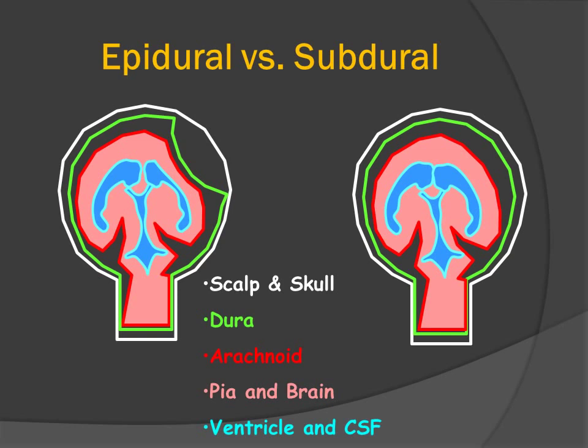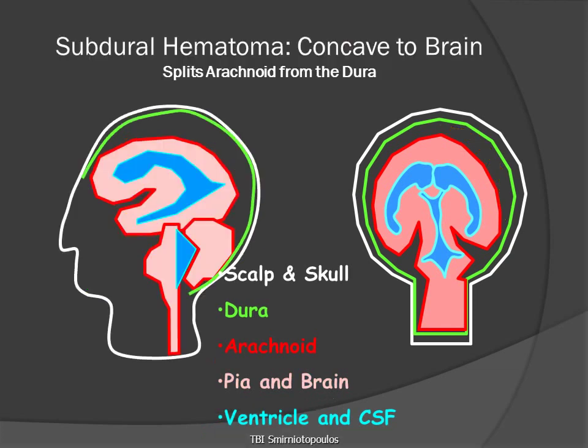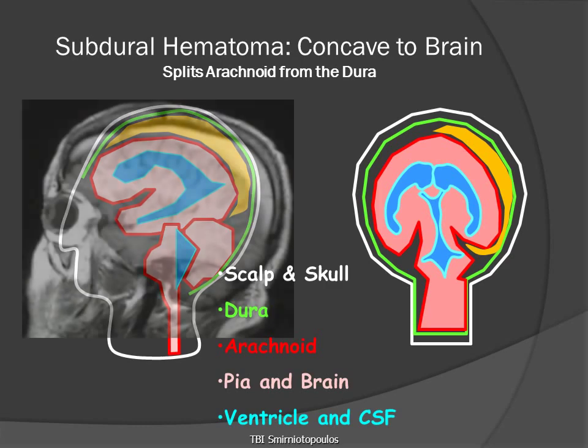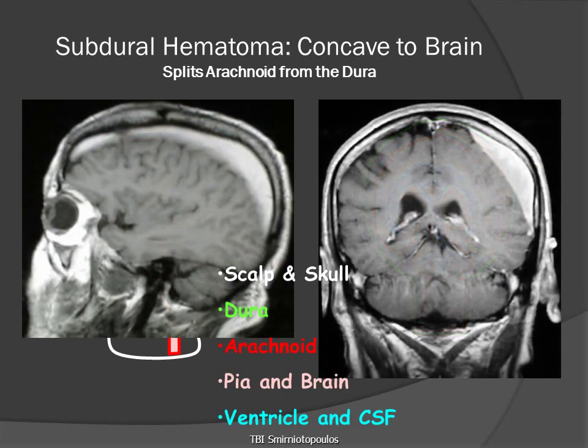In comparing epidural and subdural hematomas, epidurals are biconvex, subdurals are classically concave towards the brain. So remember that when we have a subdural hematoma, the blood is going to be layering around the arachnoid membrane and underneath the dura, and it may even go underneath the occipital lobe and underneath the temporal lobe. Again, the collection is typically concave